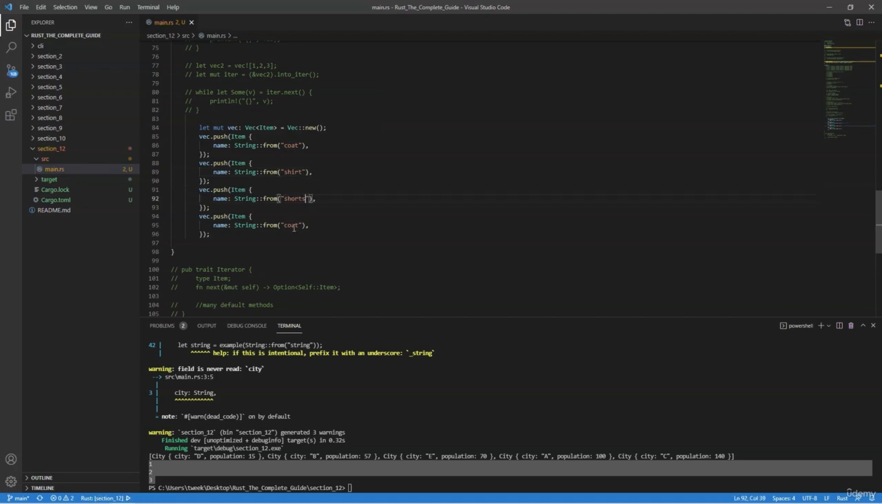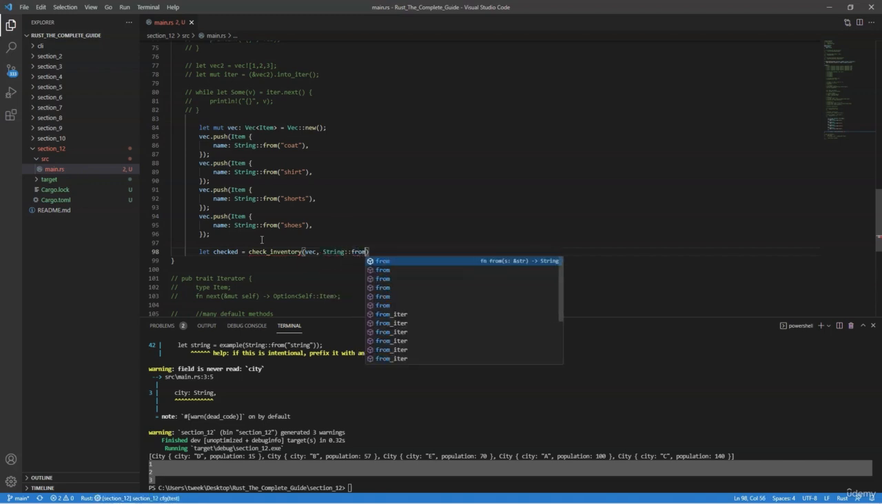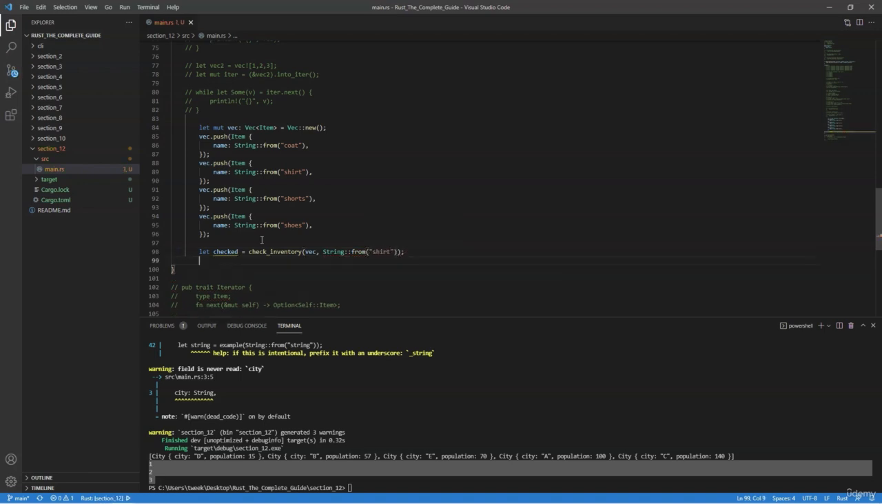We'll have some shorts, and we'll have some shoes. So again, a very simple little example for us to understand what's going on. Then we'll say let checked equals check inventory. We'll pass in our vec, and then we want to see if we have a string from shirt. So we want to see if we have a shirt in stock in our inventory, and then we will print